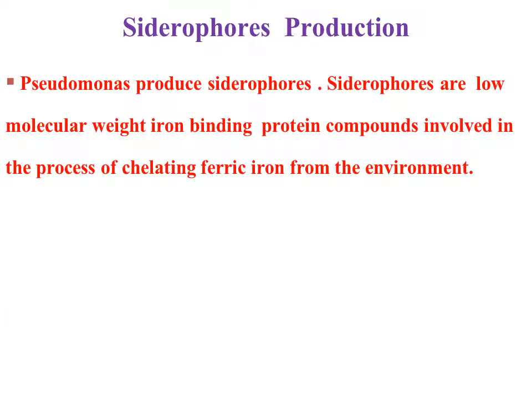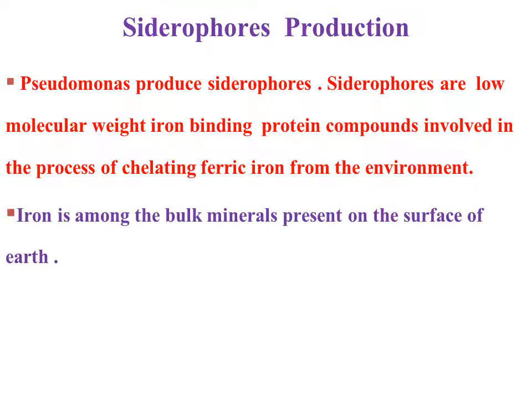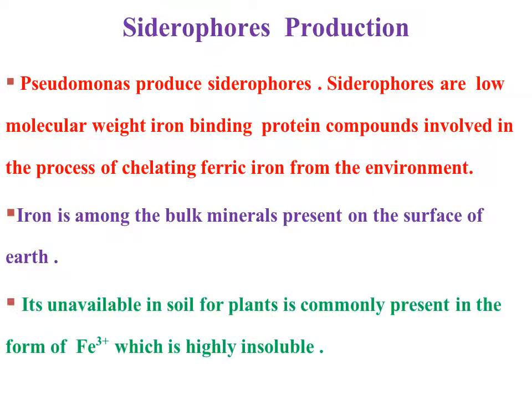The siderophore is a characteristic feature produced by Pseudomonas. It is a low molecular weight iron-binding compound involved in chelating ferric iron from the environment. Iron is among the bulk minerals present on the surface of the earth. It is unavailable to plants in the soil, as it is commonly present in the form of Fe3+, which is highly